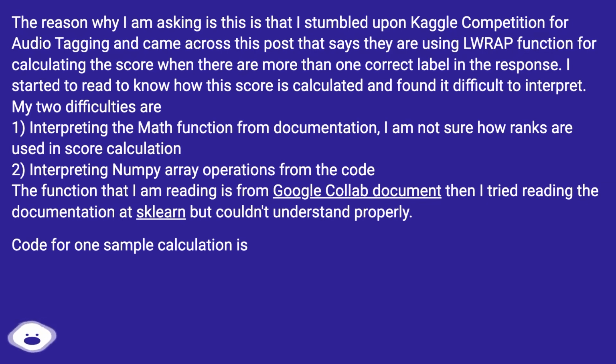My two difficulties are: 1. Interpreting the math function from documentation. I am not sure how ranks are used in score calculation. 2. Interpreting numpy array operations from the code. The function that I am reading is from a Google Colab document. Then I tried reading the documentation at scikit-learn but couldn't understand properly. Code for one sample calculation is: